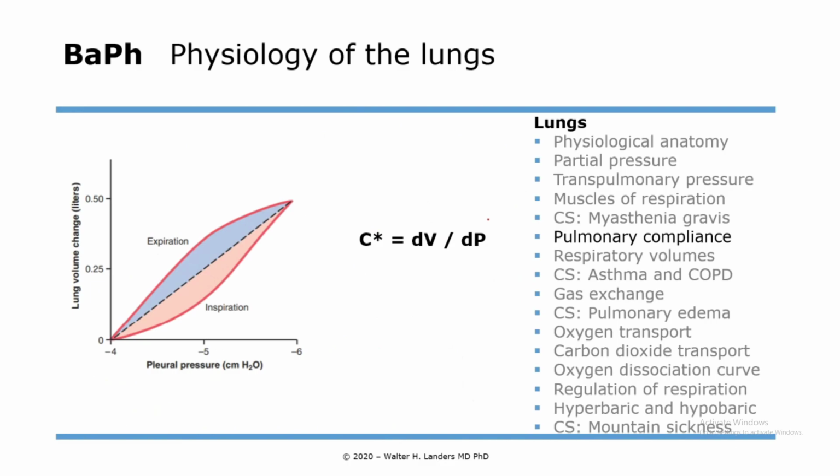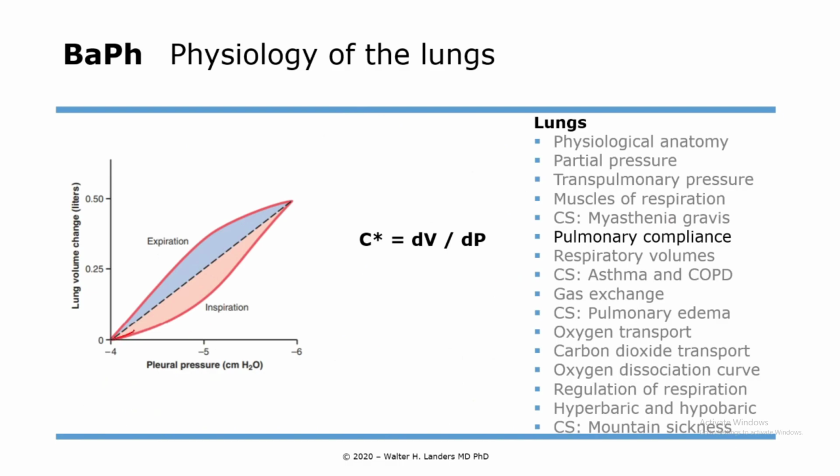All right. Then we have something called compliance. And compliance is really a bit of a physics principle. But we also talked about compliance in the context of blood vessels. That blood vessels can expand and contract in response to, for example, blood flow or other needs by which you need to contract your blood vessels or expand your blood vessels. And this is also true for the lungs. So we have something called compliance of the lungs, which is that,